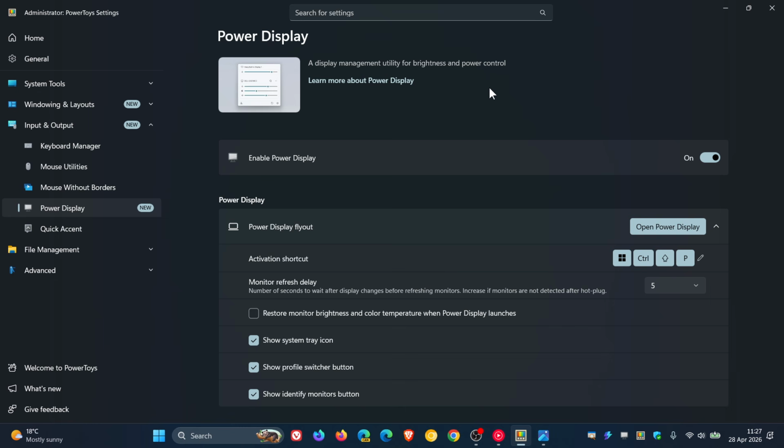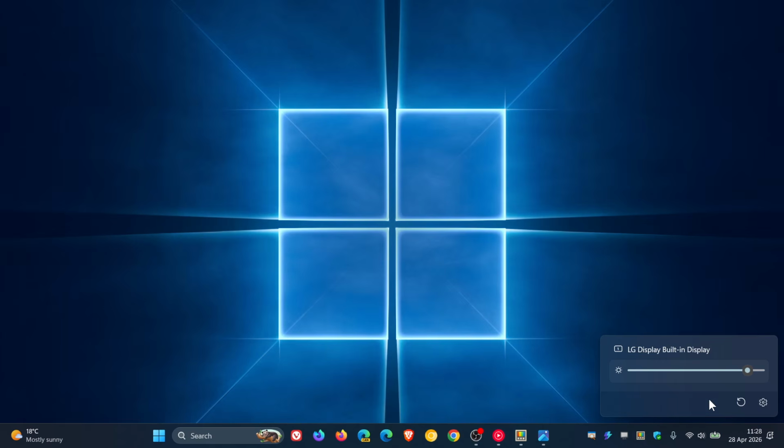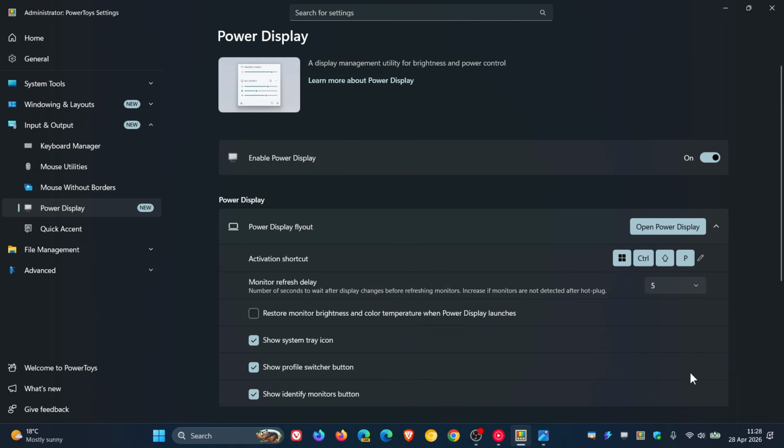This laptop screen doesn't support a lot of functions, but you'll get the general idea. So if we head to my system tray, yeah, you will see Power Display, and there we go. And I can adjust the brightness in this case, which is supported on this monitor, not contrast. I can adjust that right from my system tray without having to go into settings in the operating system. And if I click on settings, it takes me over to the PowerToys app